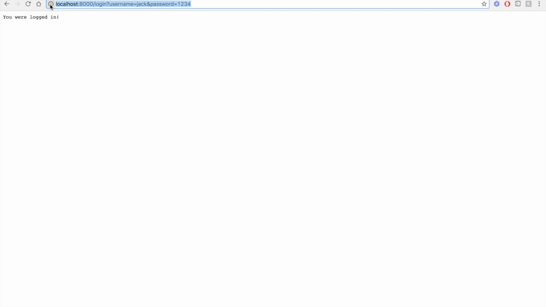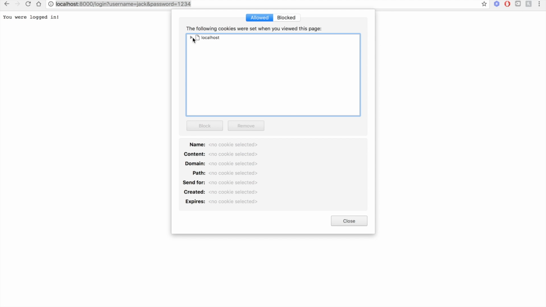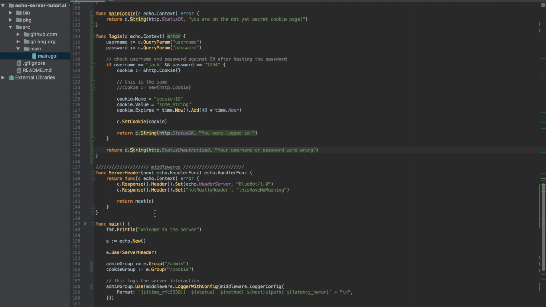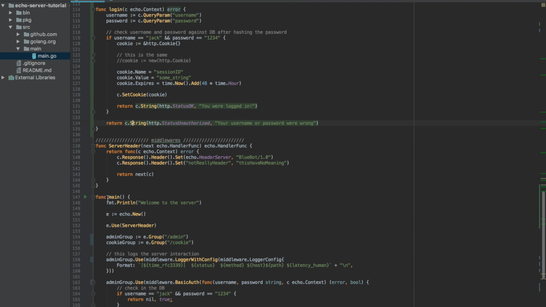Now let's see if the cookie was set correctly. Yeah, we have a session ID cookie, and the content is some string. Perfect. And we can see that the expiration date is 48 hours from now. So everything works great. Now let's create a middleware